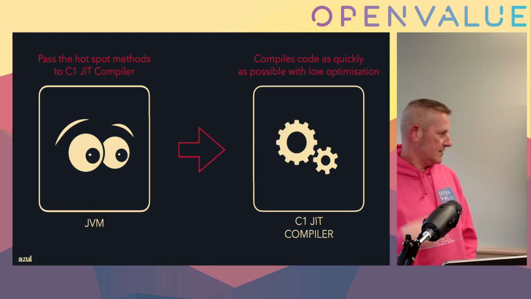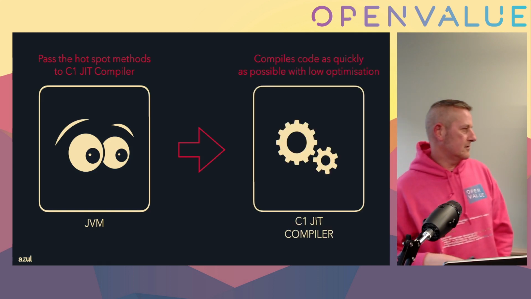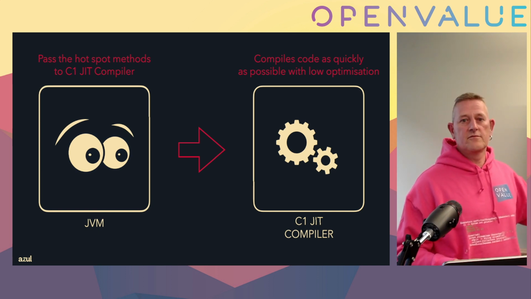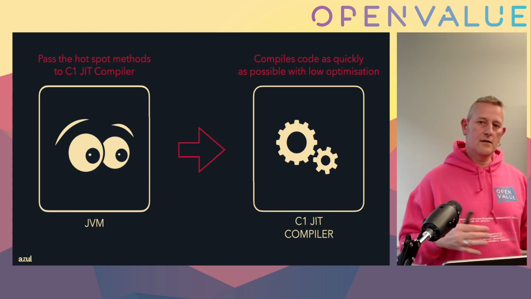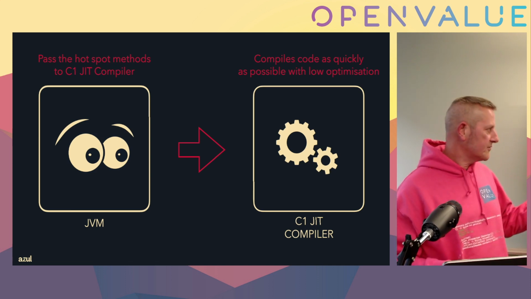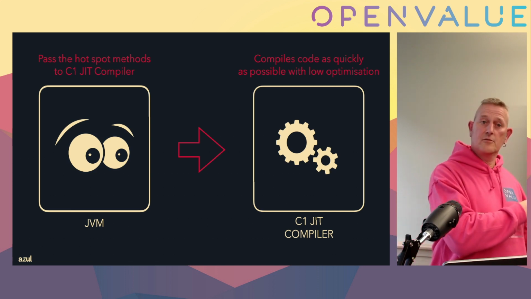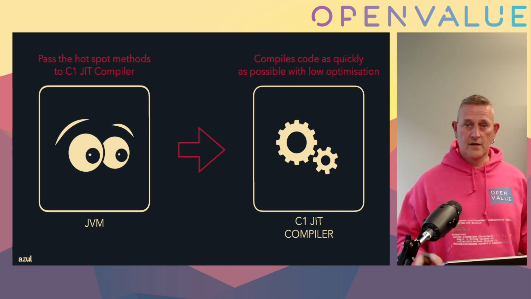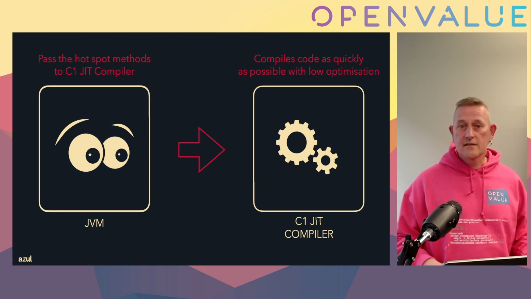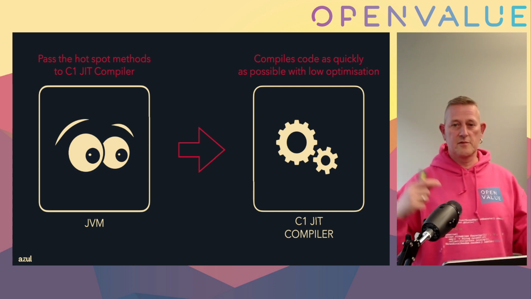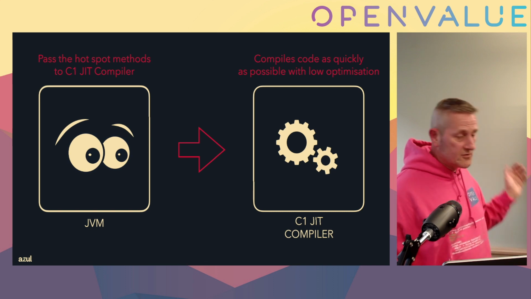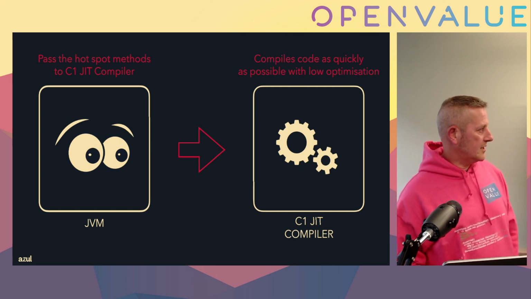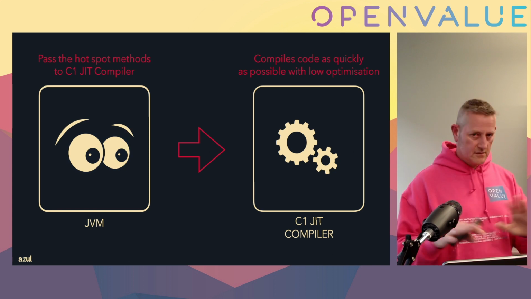And the C1 compiler, as I mentioned, is the formerly known client compiler. The reason for that is that it compiles code very quickly without really doing any big optimizations. That's obvious, because it was the client compiler. If you run your desktop application like IntelliJ, Eclipse or whatever, you don't want to wait for seconds just to have the compiler do the best optimizations ever. You just would like to have the application started. That's the main idea. So that's the reason why the C1 compiler is just fast and doesn't do a lot of